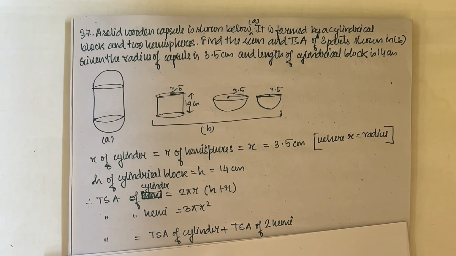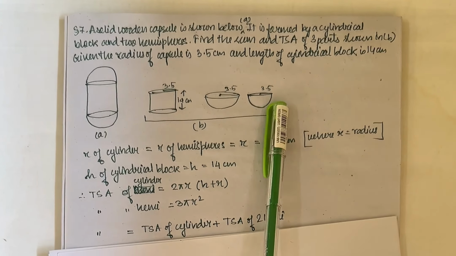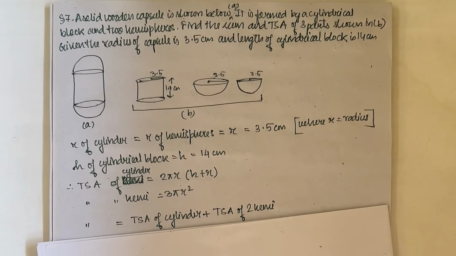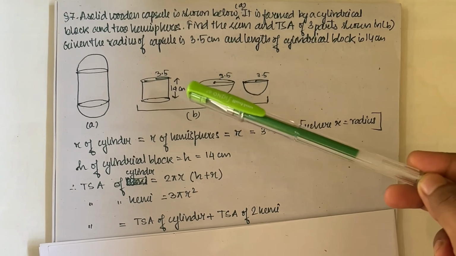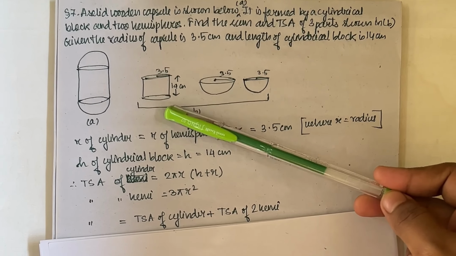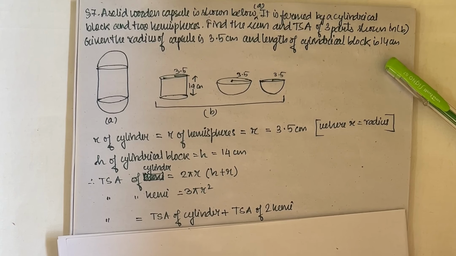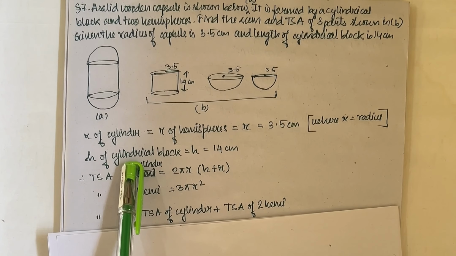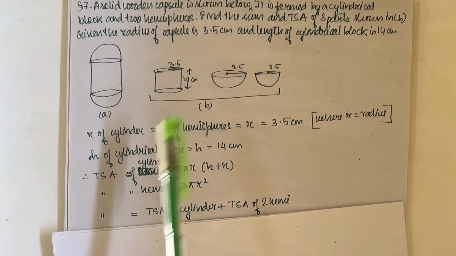So the sum says there is a wooden capsule made out of a cylinder and two hemispheres on the other side. Now we need to find the TSA of the three parts. Given the radius of the capsule is 3.5 and the length of the cylindrical block is 14 centimeter. Now we know the radius of the cylinder, that is the radius of the hemisphere, which is 3.5, and the height of